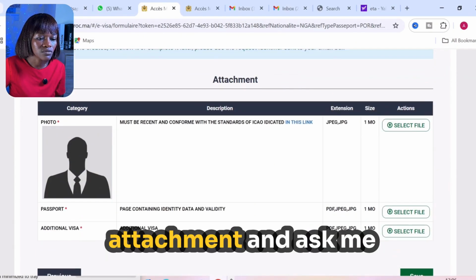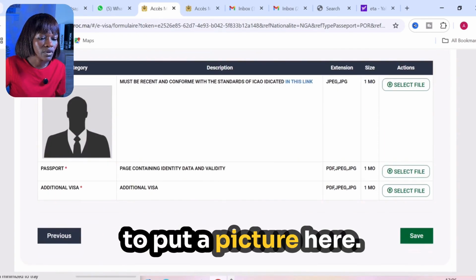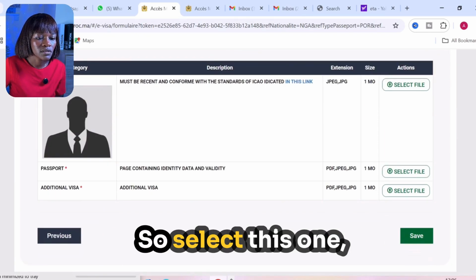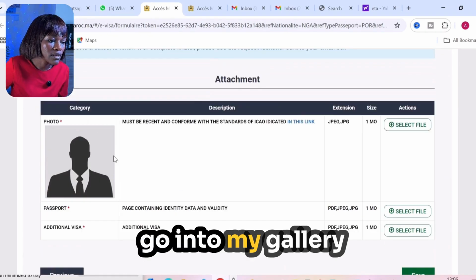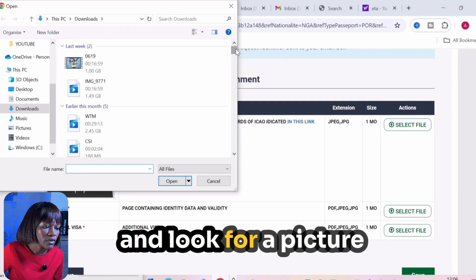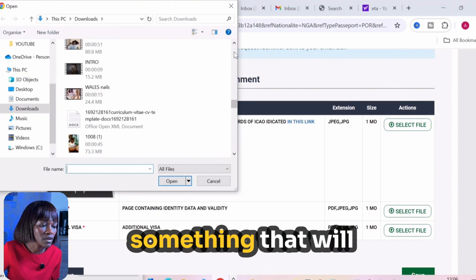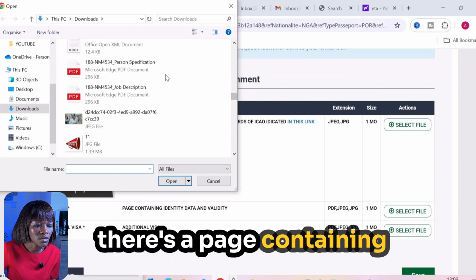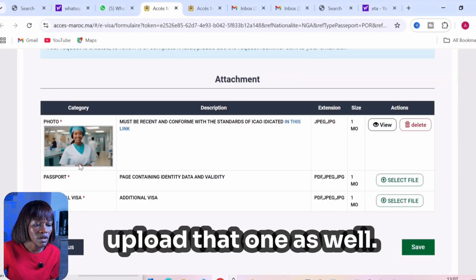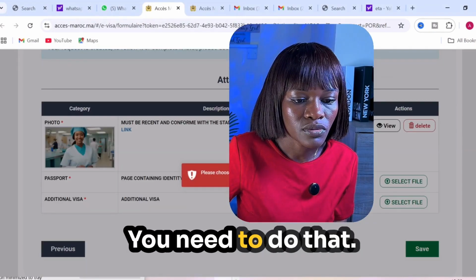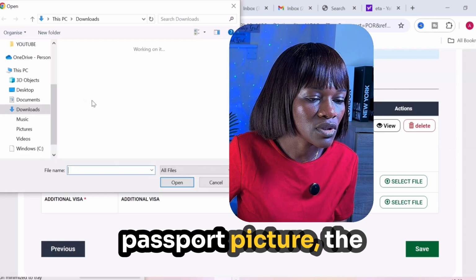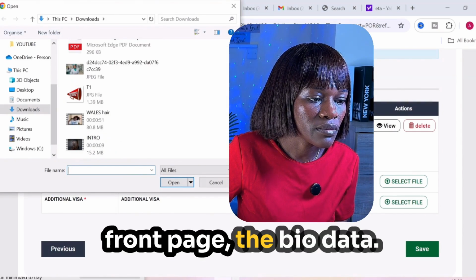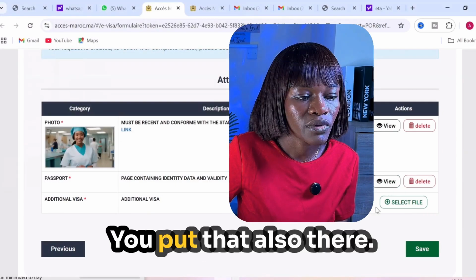now here it's going to ask me to add my attachment. It's going to ask me to put a picture here, or select this one, go into my files and look for a picture. I'm just putting something there to represent something, okay? Put a picture there, and it's a page containing your passport. So you're going to upload that one as well. You need to do that, and then they said your passport picture, the front page, the bio data. So you put that also there,